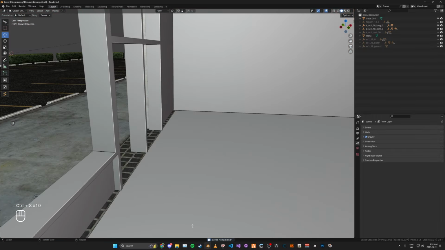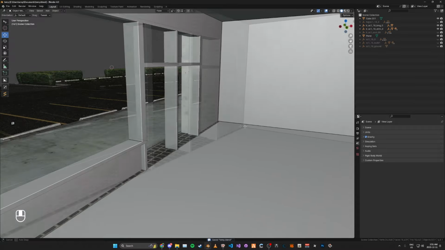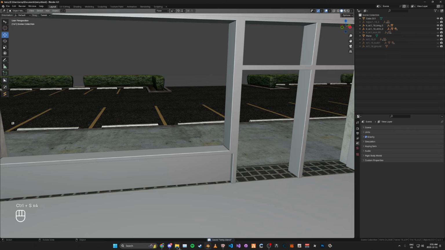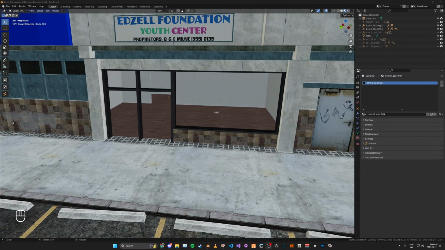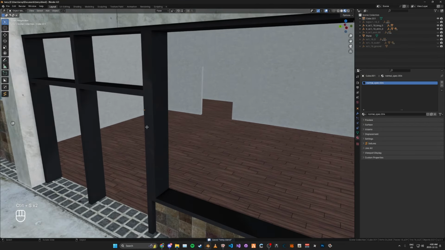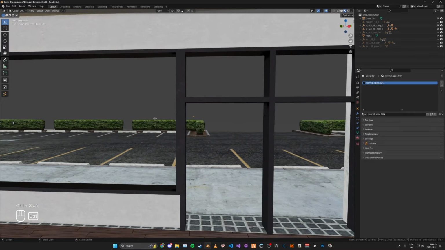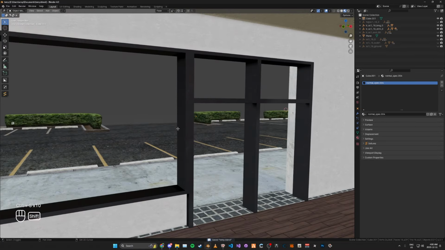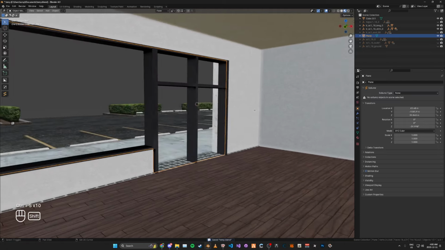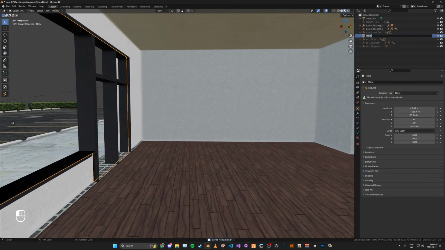start texturing things. I'm just going to be copying some textures over from another interior, as this isn't really a tutorial on how to texture things, and more so a tutorial on the process. Now that we have our shell with some basic textures and our window frame with the textures as well, what we're going to be doing is renaming our shell here. We're going to rename this to location,